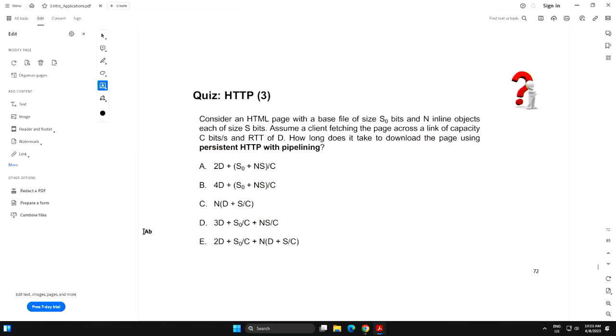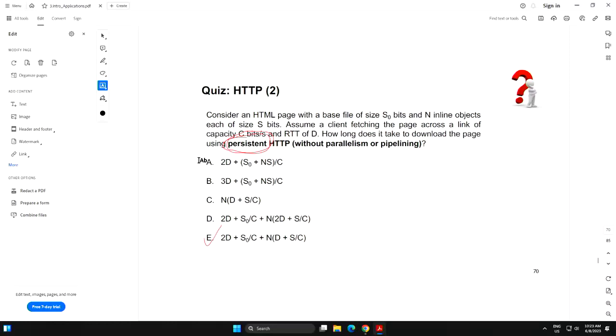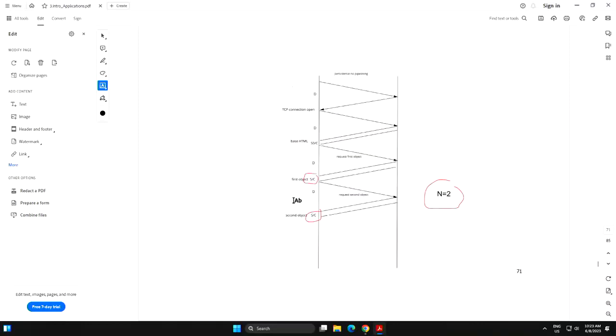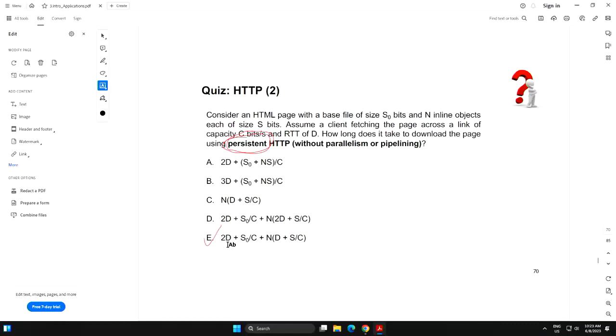Okay, so we were actually in this quiz, persistent, and the correct answer was here. And we are following this one, remember? N is 2. So this 2D comes from one TCP, one base file.